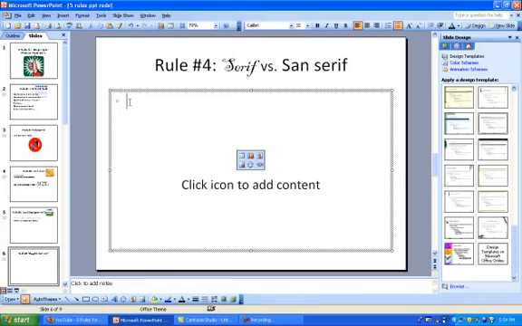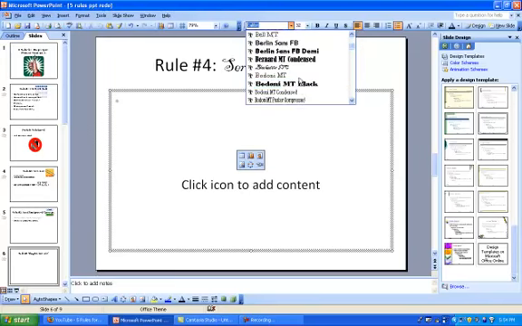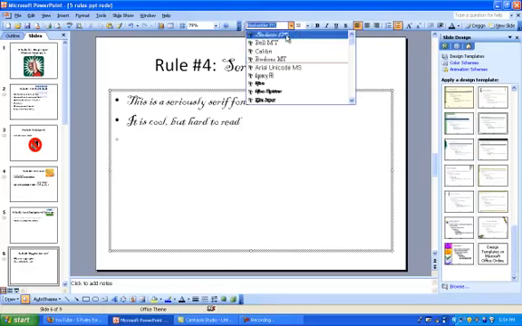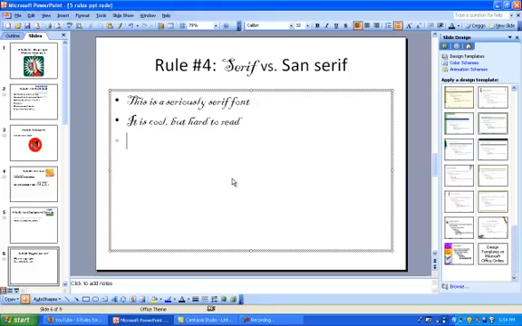Rule number 4 says that is about serif versus sans serif fonts. So as you can see, I'm going to choose a font called Blackadder, and it is a seriously serif font, right? Excuse me, seriously serif font. And it's pretty, and it's cool, but it's not easy to read. It's hard to read. So if I go up here and I choose my Calibri again and type in that,